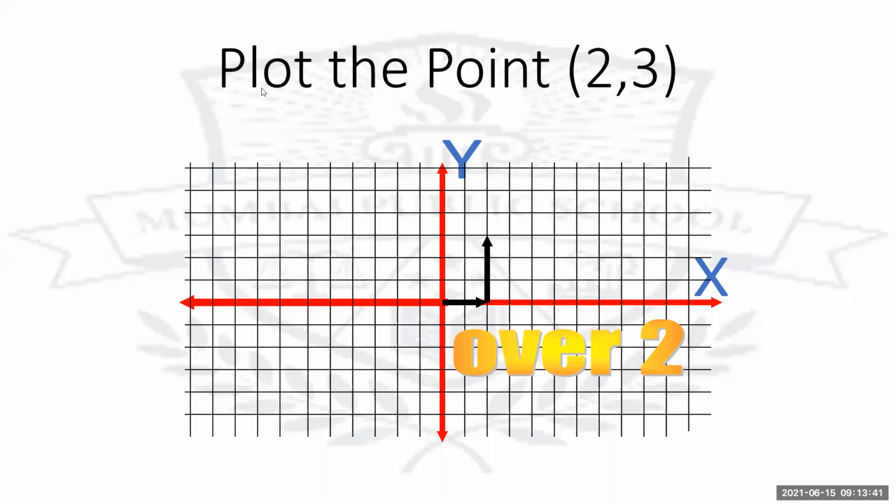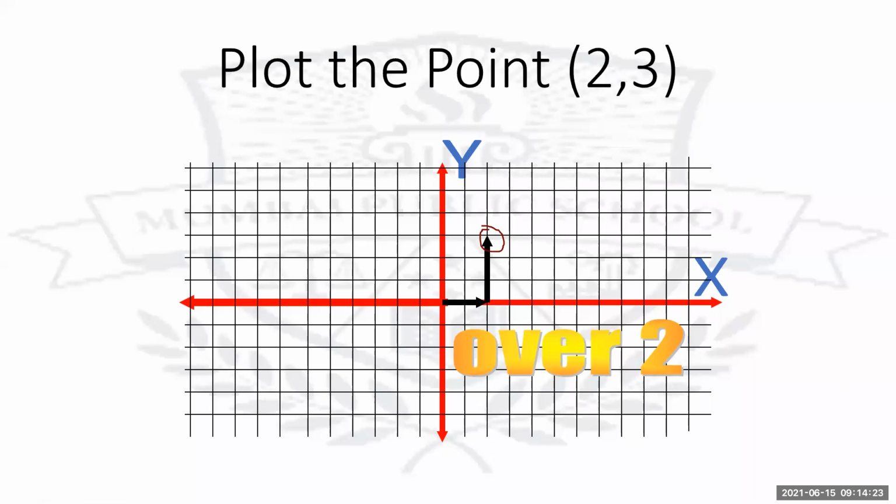Now whatever location you get is your point 2 comma 3. Understood? Is this clear to all the students? After getting this, you will get 2 comma 3. Is this clear how to move? It is plus 2, so we move 2 positions right, and then plus 3, you move 3 positions up from that.